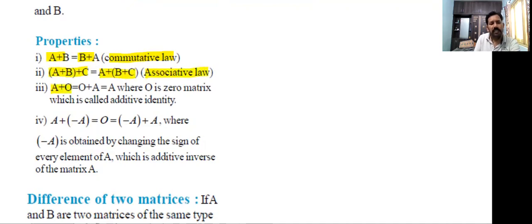A plus 0 is equal to 0 plus A, that is equal to A. O is the zero matrix, which is called additive identity. A plus minus A is equal to 0. Minus A plus A is equal to 0. Where minus A is obtained by changing the sign of every